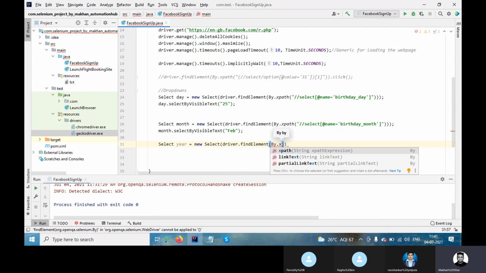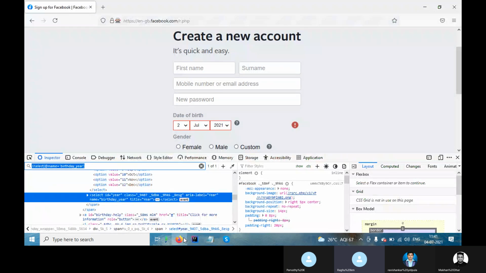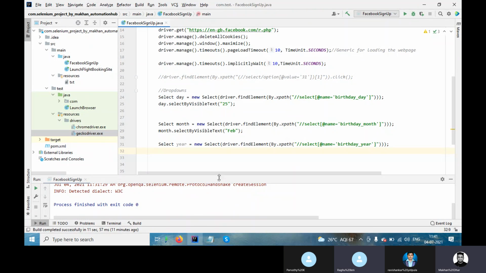You can copy anything from the top, on the right. Why are you typing again and again? No, that's fine. I'm typing so that you will understand what I am writing.